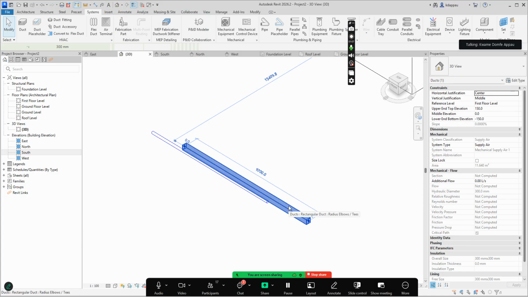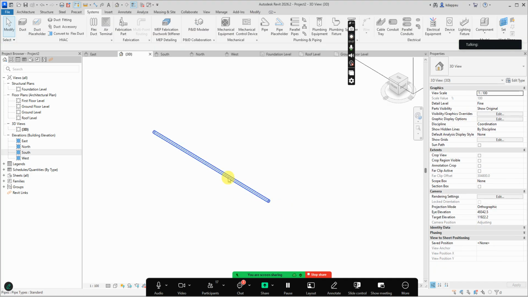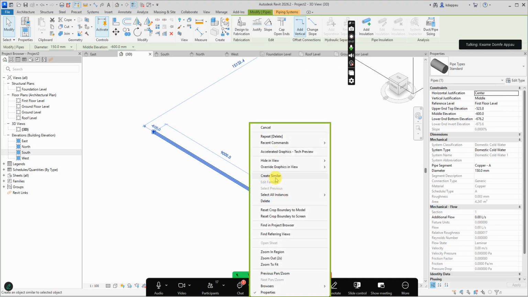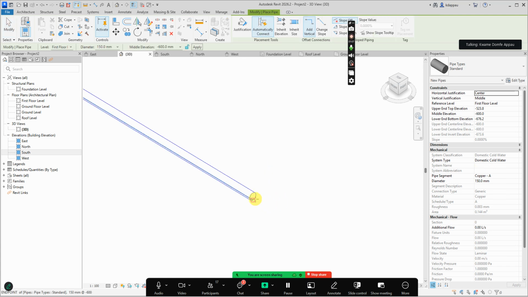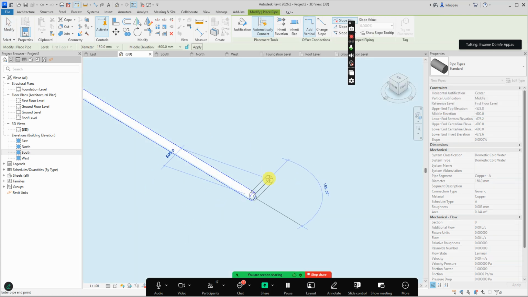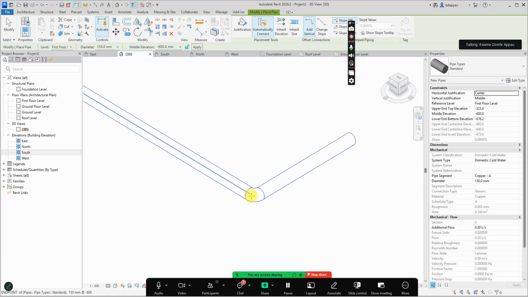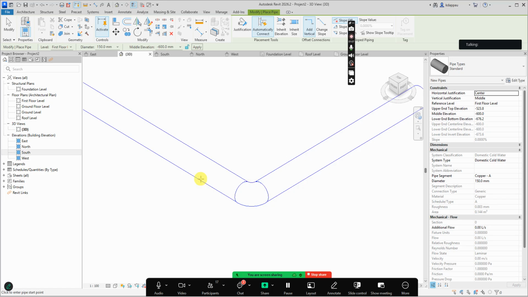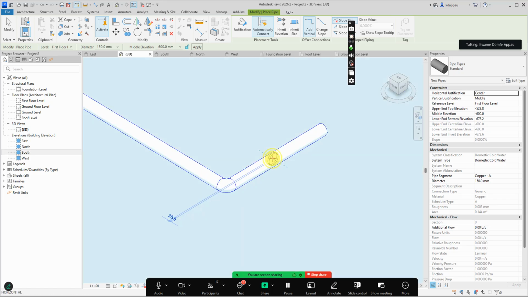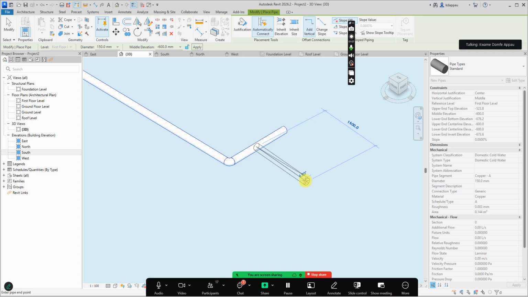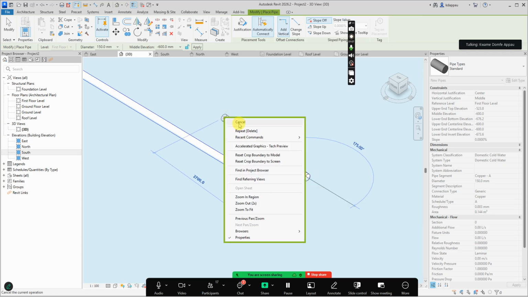Drawing pipes in Revit is very interesting. If I take this pipe, create similar, and I click here, it will draw it on that particular elevation. As soon as I turn here, it will put the appropriate fitting there for me. If I click in the middle here, and then draw in this direction here, Revit will put the appropriate fitting